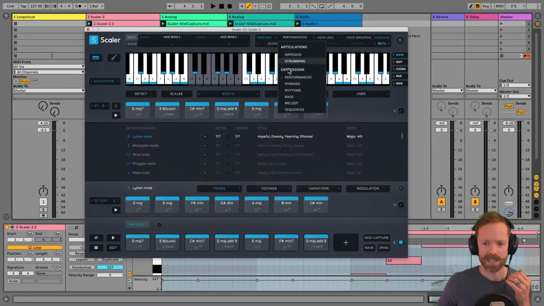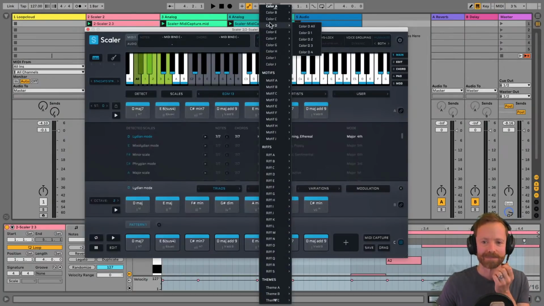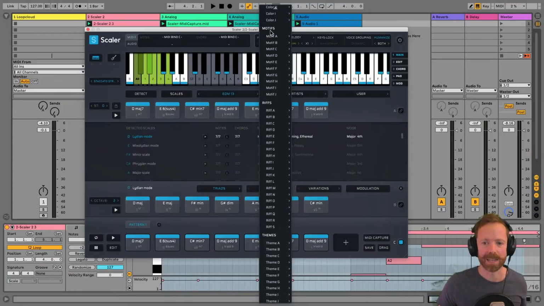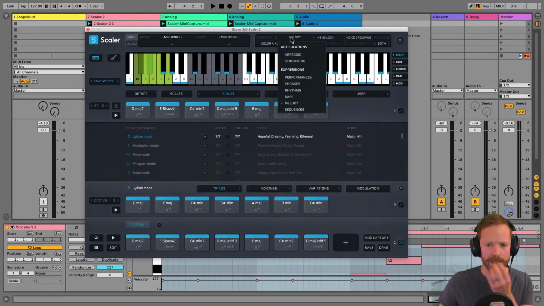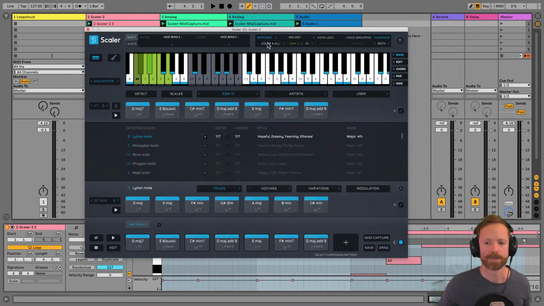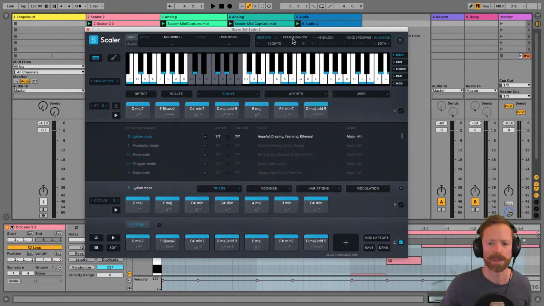Because there's so many things added to this section, I'm unsure of what's actually new, what isn't. This melody section now has, I think this is new. Josh, is the melody section new, or is it just the expanded performances? Melody was introduced in, I believe, 2.1 or 2.2, but melody now has the common one. I think that's performances. The one, yeah, I've already shown that one. That's new and that's awesome.